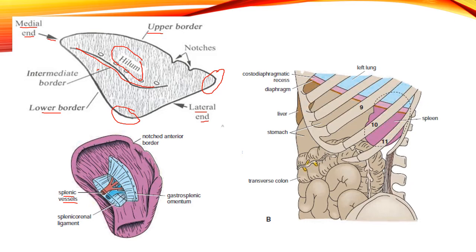Again, in this diagram you can see the structure of the spleen in relation to the structures. This is how the spleen is present inside the abdominal cavity. These are your 9th, 10th and 11th ribs over here, and on their inner surface they are lined with the diaphragm, and beyond this diaphragm lies the spleen. So the spleen is related to the diaphragm. It has a surface which is covered with the diaphragm, which is the diaphragmatic surface, and we have an internal or visceral surface which is then related to the various viscera present inside the abdominal cavity.